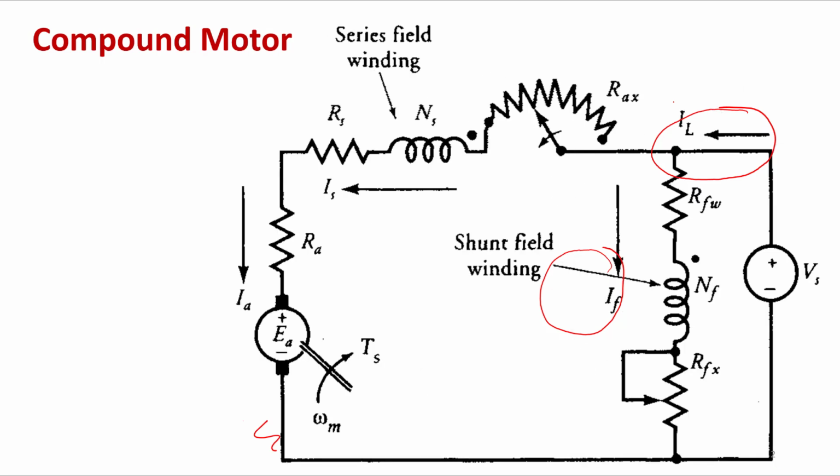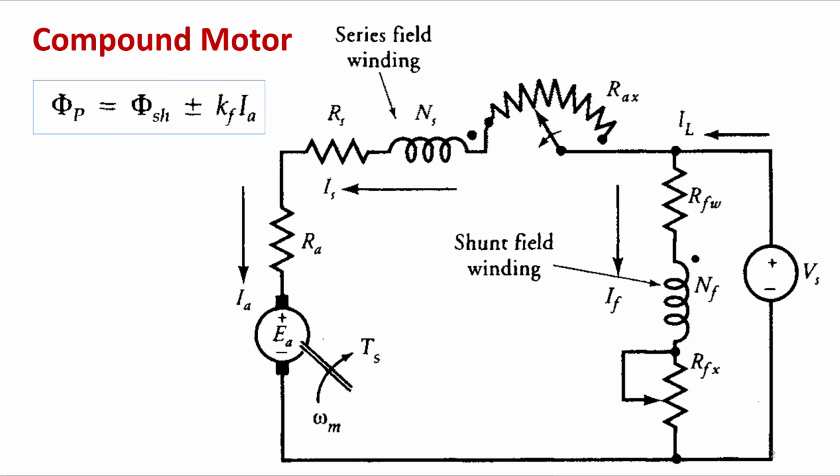Similarly, in this structure you can see, this is your long shunt compound motor, right? Where the shunt field winding is away from the armature winding, right? And the series field winding is near to the armature. So these are the two structures based on the constructional feature, but cumulative and differential depends upon the